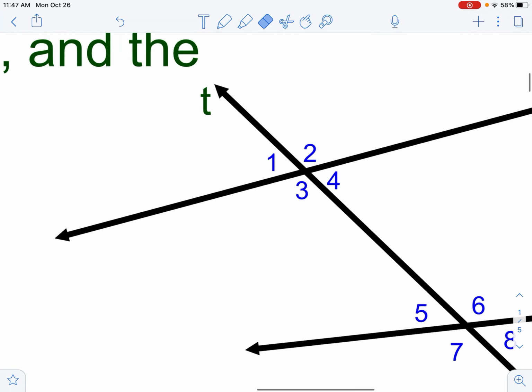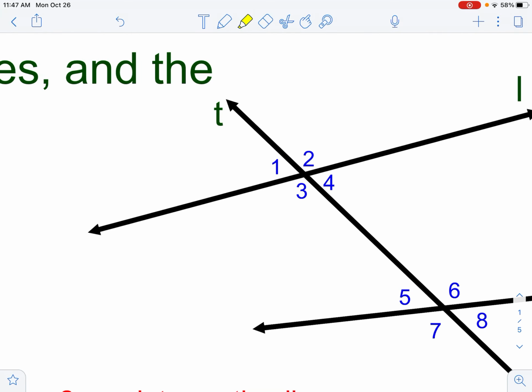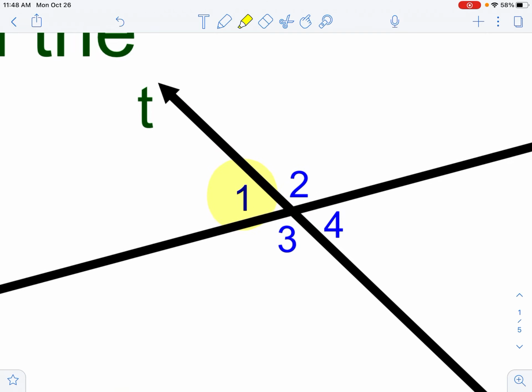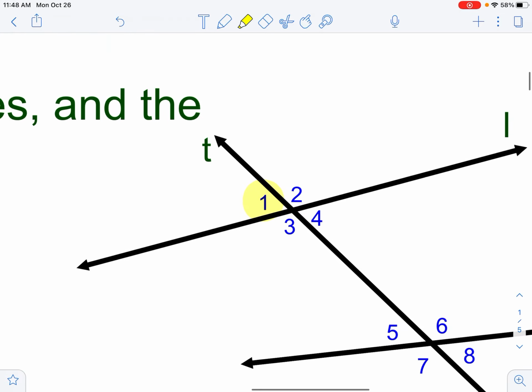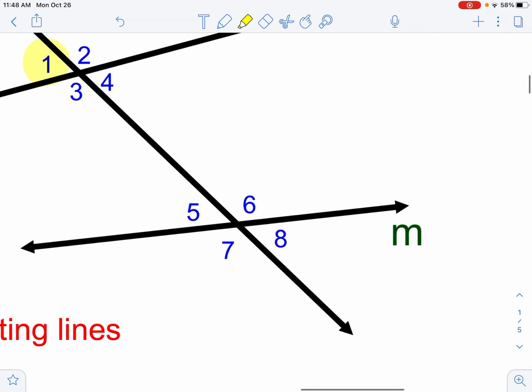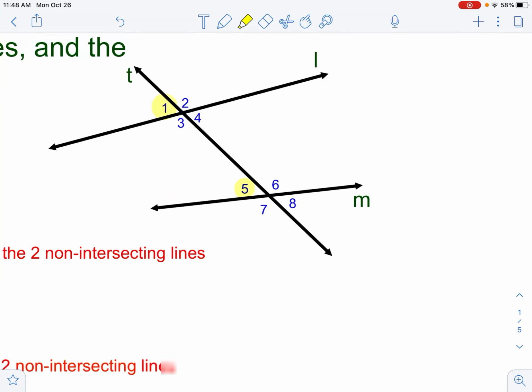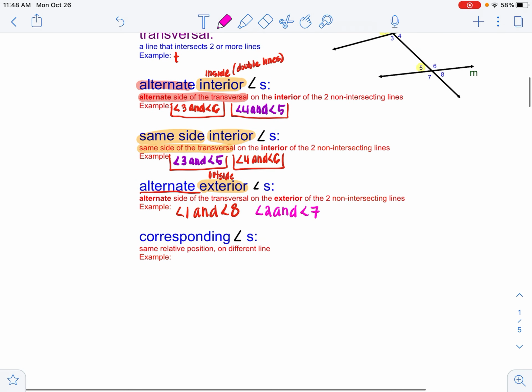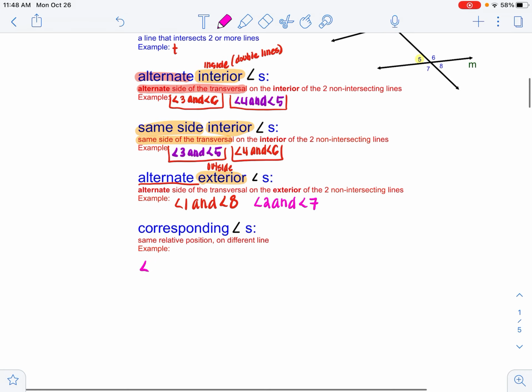So if I was looking at this group of 4 right here, right? This group of 4 right here, that group of 4 angles right there. And I said that I wanted to choose one of them at random. So I'm going to delete what I just highlighted, and I'm just going to choose angle 1, okay? So in its group of 4, if you look at angle 1, it's in the upper left-hand corner, right? So what I want to do is I want to go to these 4, and I want to choose the one in the upper left-hand corner. So angle 4 and angle 5 are corresponding angles. I'm sorry, that was angle 1, not angle 4. Angle 1 and angle 5